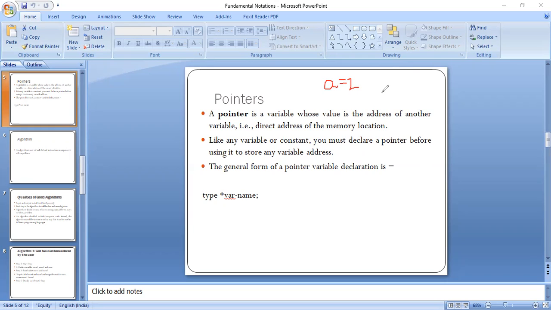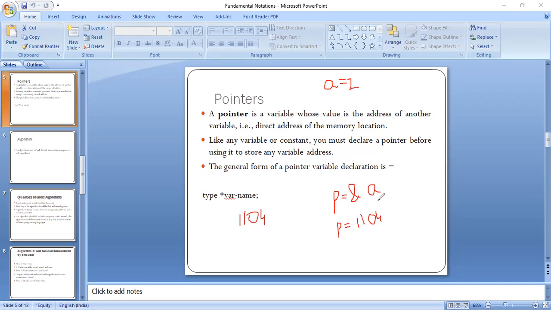And a pointer will hold the address of A. Let's say the address of A is 1104. Then P's value is 1104. It will hold the address of A.